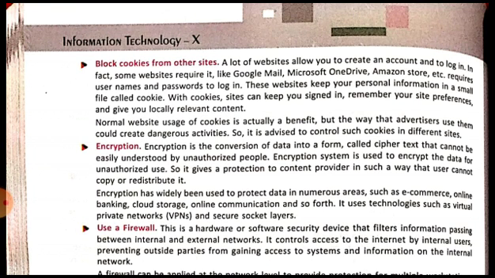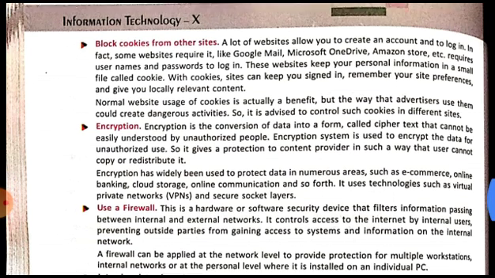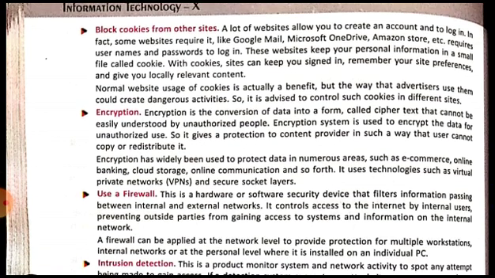The news channel website will keep a record of your location also, so that the next time you visit the news website, only the news relevant to your geographical city or country will be provided to you on a priority basis. So this is the advantage of using cookies. These are the three advantages, but cookies are not always advantages. Sometimes cookies are also very harmful and disadvantageous to us.